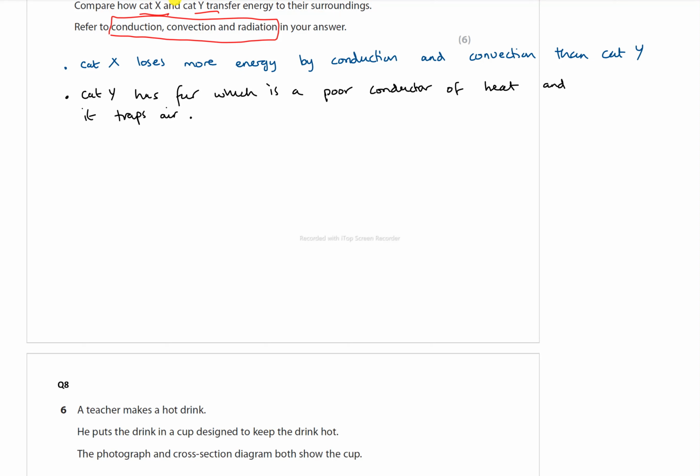So what happens? Trapped air is a poor conductor, or in this case we'll say a good insulator. Trapped air is a good insulator,